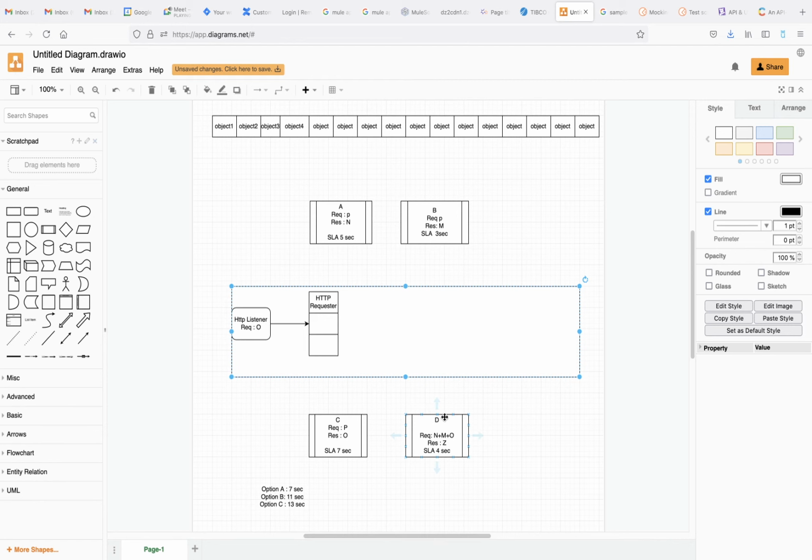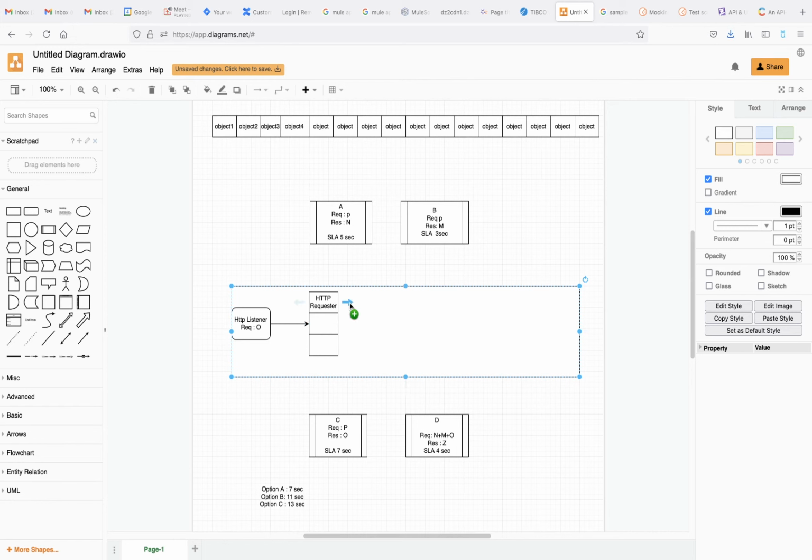Here you can see this external D API depends on the output of A, B and C. Once we get output N, M and O, only then will we be able to call this D. So this one is dependent. We will not be able to do a parallel call for D, but we will be able to do a parallel call for A, B and C.